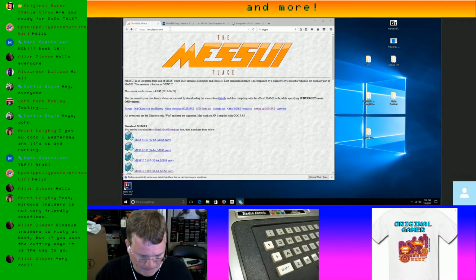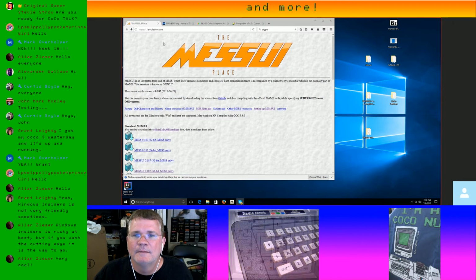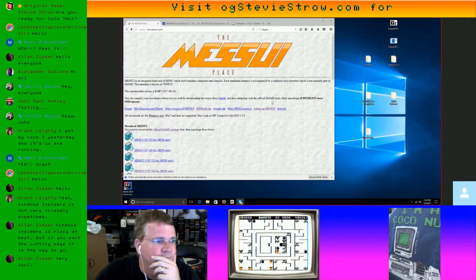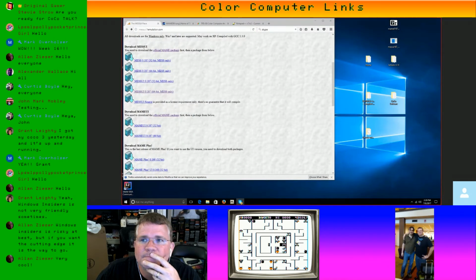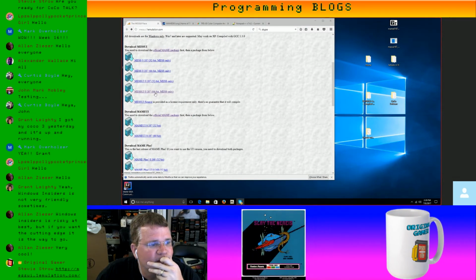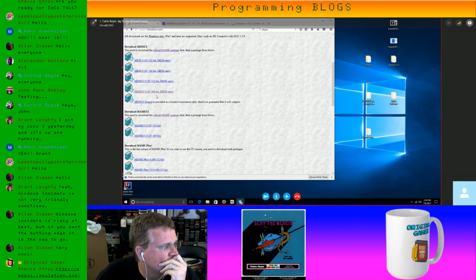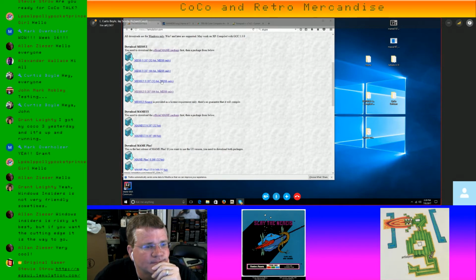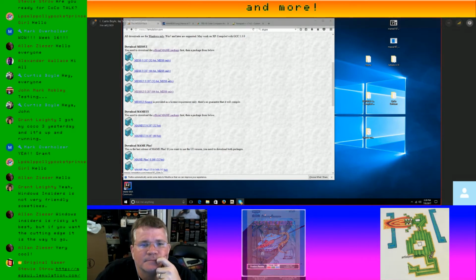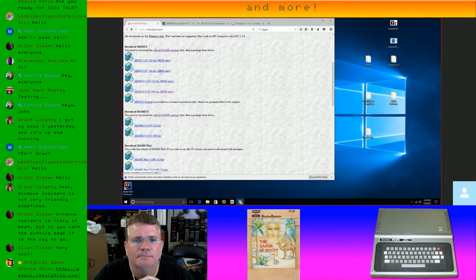If you type MessUI into Google, it's the first thing that pops up, so you can obviously Google it and get it that way. But anyway, you come down here. It's going to tell you that if you want to download the MessUI, you obviously want to have Mess first because it's useless with just the front end. So you want to get your most current. Right now, the 187 is the most current, and obviously you want to get your 64, 32-bit preferred, depending on